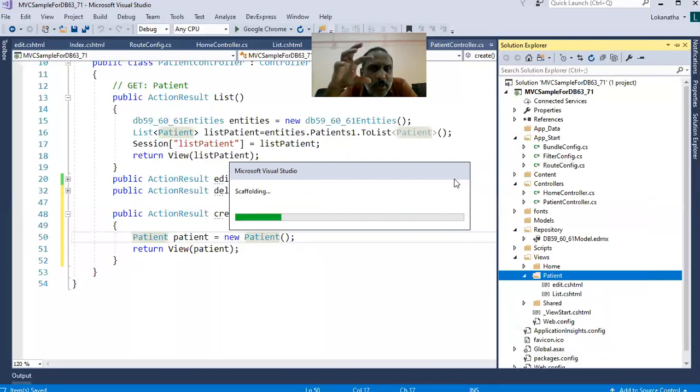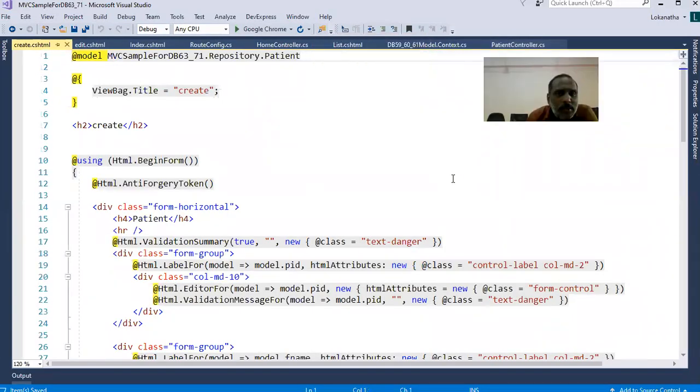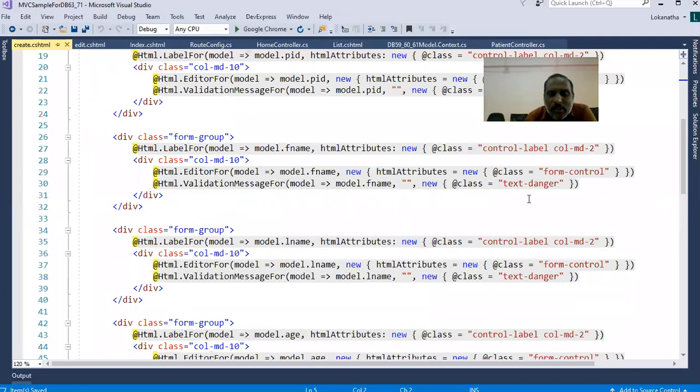It is saying scaffolding because it is generating the required controls. Yeah. So see here. Now you are able to see the patient object reference here, and then something is written over here which will generate the controls. Okay, very good.